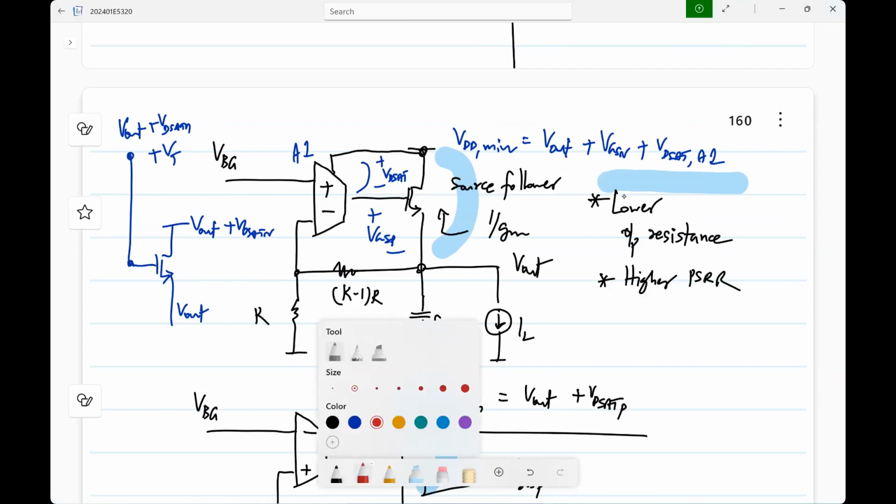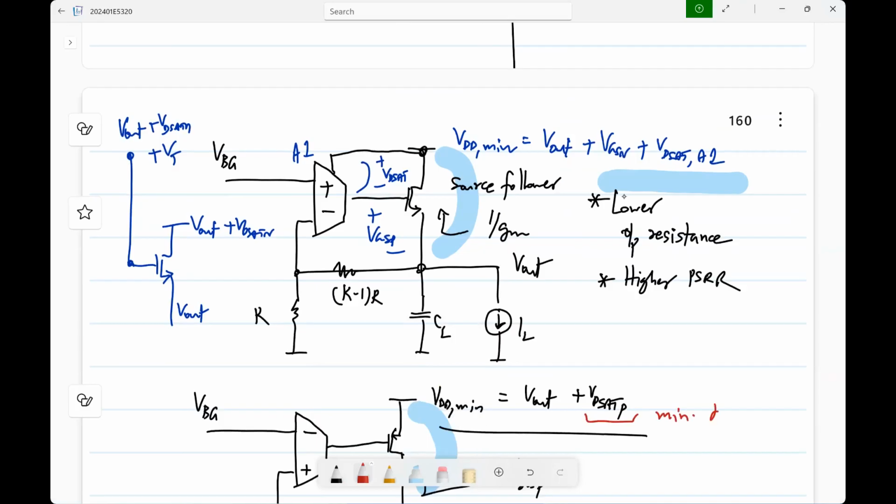What are the parameters that we normally use in every test and exam and assignment? You used it. Threshold voltage is 0.5, 0.4. Where was this? I don't know. I can't recall a single problem in which it was 0.45. What is the minimum dropout here? This is the dropout. What is the minimum dropout there? 0.9. Okay. If we assume that this has a VD sat of 0.2 and whatever is inside the op amp also has a VD sat of 0.2. So this will be